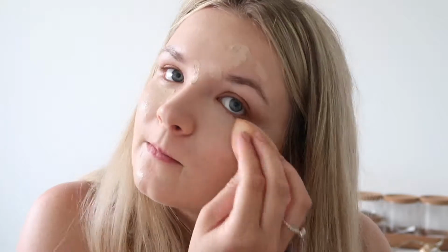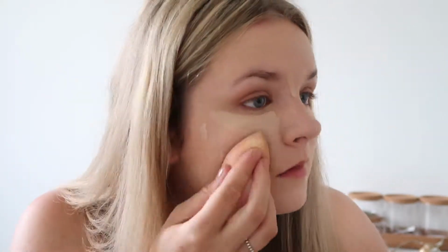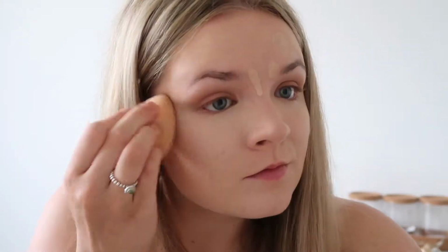And then again, just using the beauty blender to blend this all out. How amazing that concealer is. Now I'm going to set that all in place with the Powder powder from Glossier,